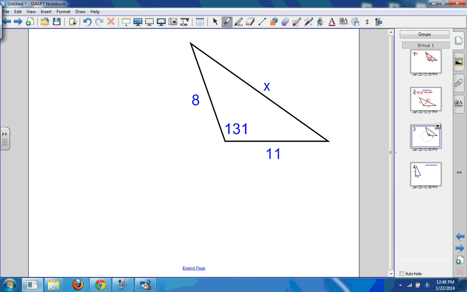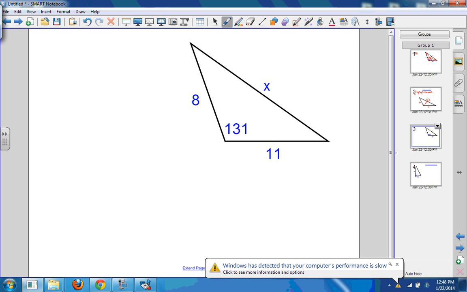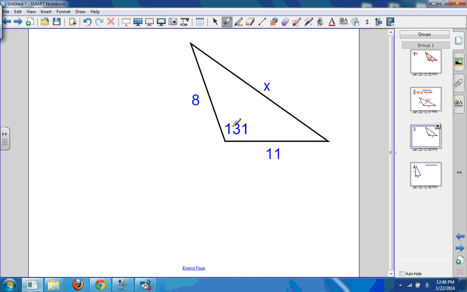Alright, so here's our problem. We have an unknown side x here. We know our other two sides of the triangle, and we know this angle opposite of x. If it was a right triangle, we could use the Pythagorean theorem and figure it out really easily, but it's not a right triangle. So the law of cosines says that our unknown side we're looking for,